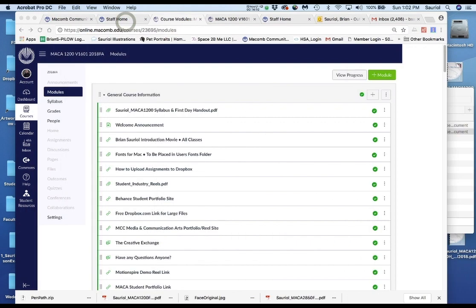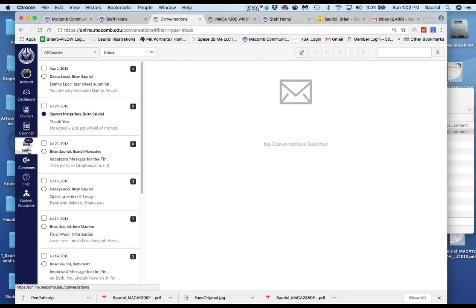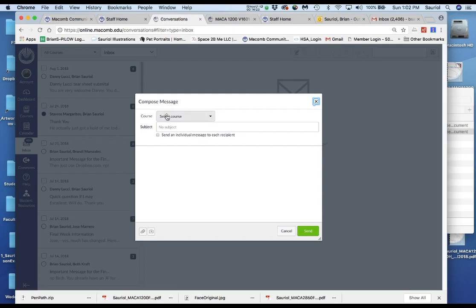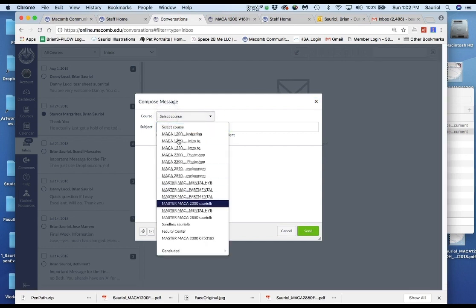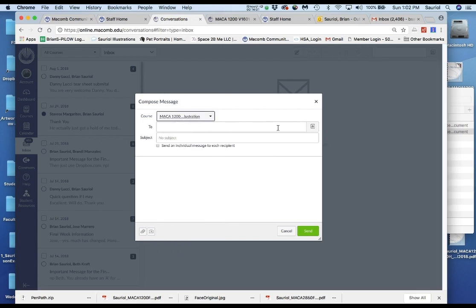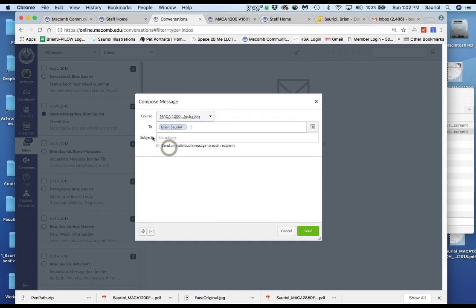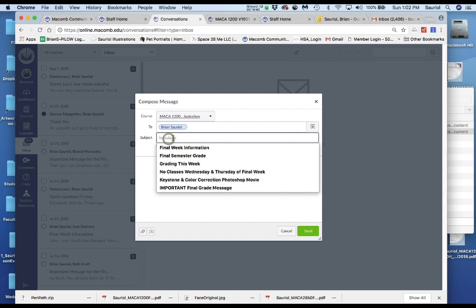So, welcome to this semester that should give you a fairly good indication of how to navigate through the semester. If you have any issues, please look at this inbox button over here in the Canvas thing. Click it. Click how to compose an email. Then select your course. Now I have a bunch of courses in this list. You'll only have a couple. So you would click the 1200 course, send me an email through Canvas. Just click the teachers, click Brian Sorial, and send. Type in your subject,